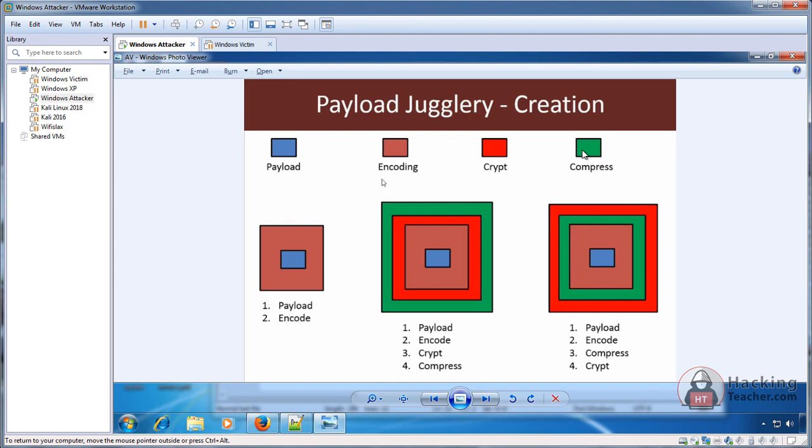Simple. So we do not need to do this process. I have explained this process to you for your own knowledge, because knowledge is the key to success. I don't want to just make you a dummy hacker or a script kiddie. A script kiddie is someone who just uses the software, that's it. But I want to make a hacker who knows the details in between, a real deep knowledge as well.